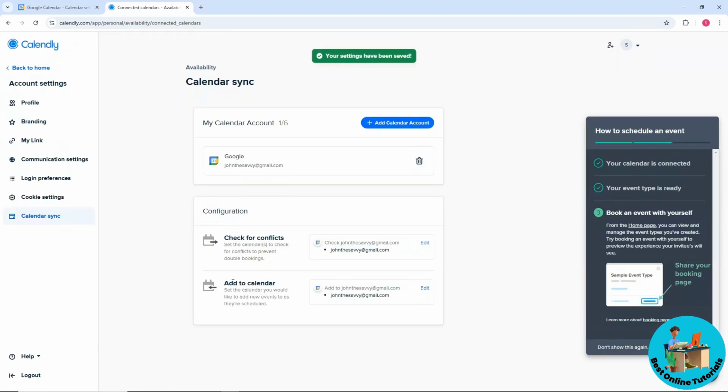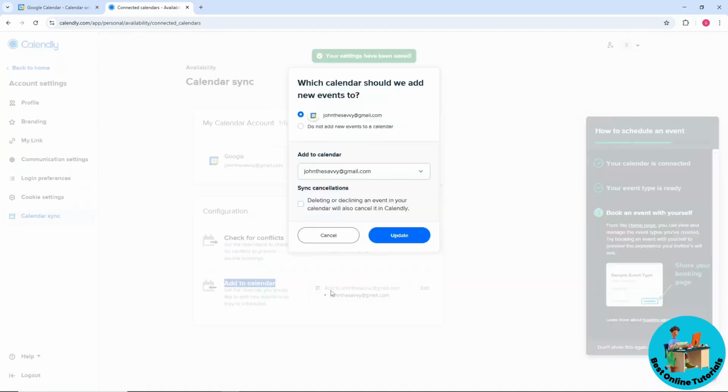And now you could add to a calendar as well. You can just simply select this one, and you will have an option of which calendar should we add new events to, and make sure your Google Calendar account is turned on over here, and make sure you have the